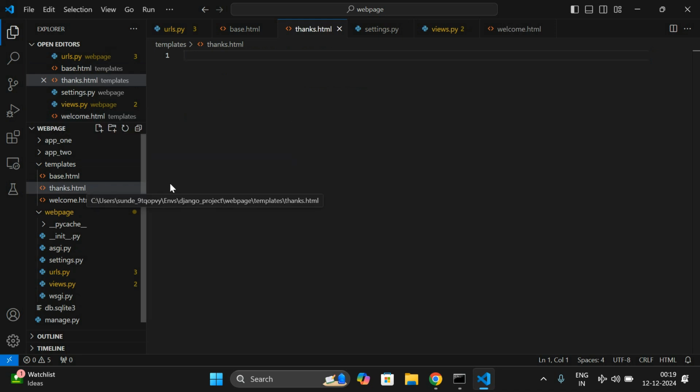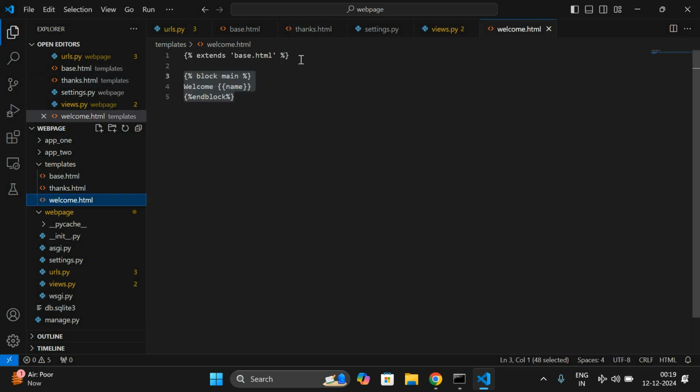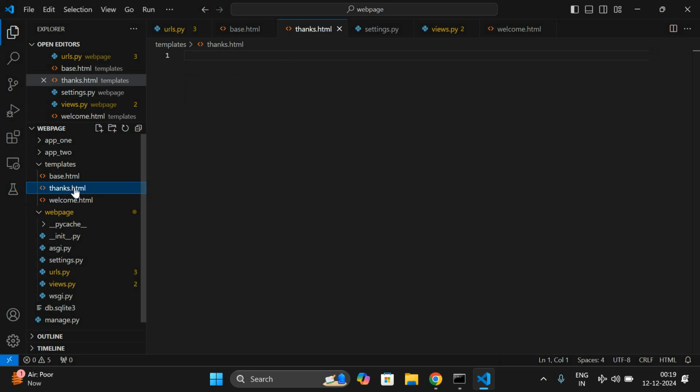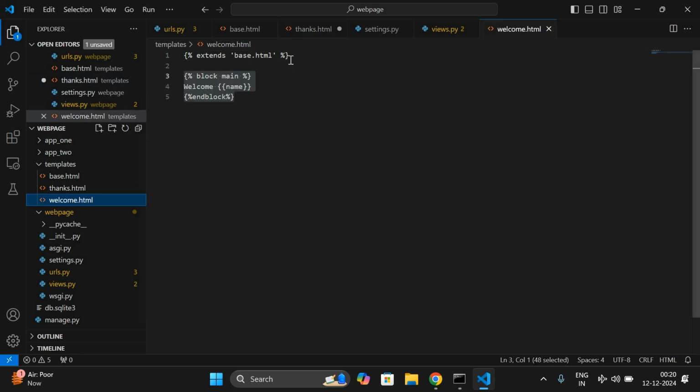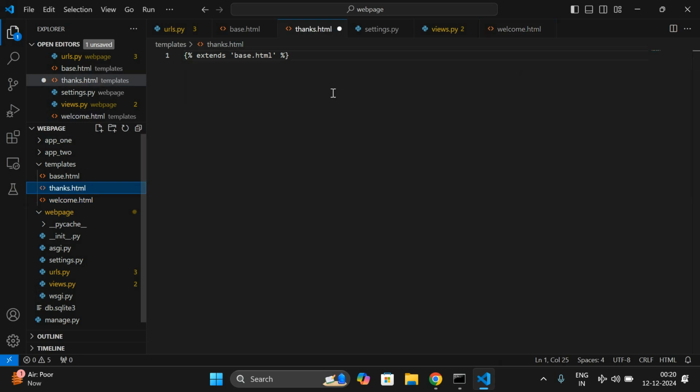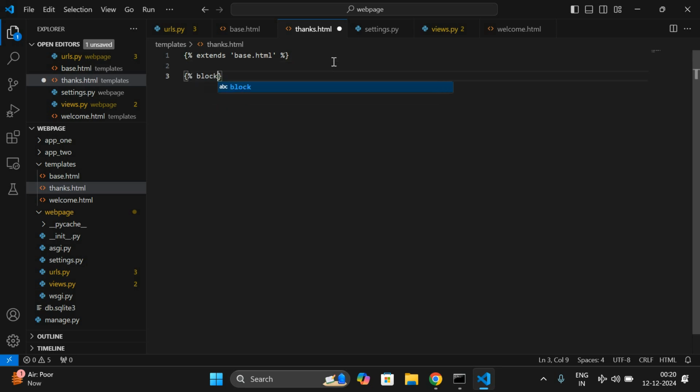In thanks.html, I'm also using the same code that I have written here. I'm extending this base.html, so whatever content I use here should also be displayed in the same way. So I'm using {% extends base.html %}. This is what we have written in welcome, right? Now let us create one title: {% block thanks %}